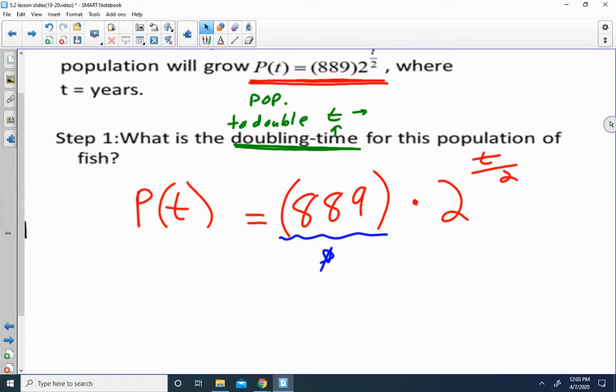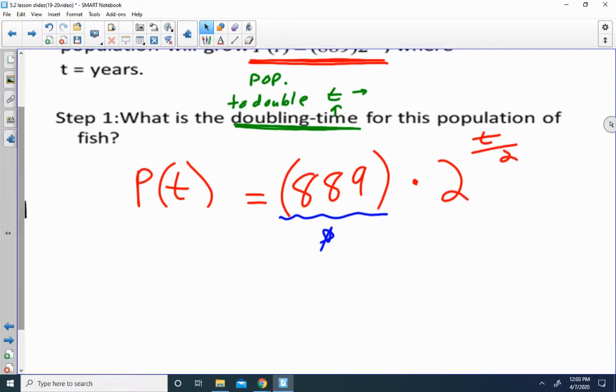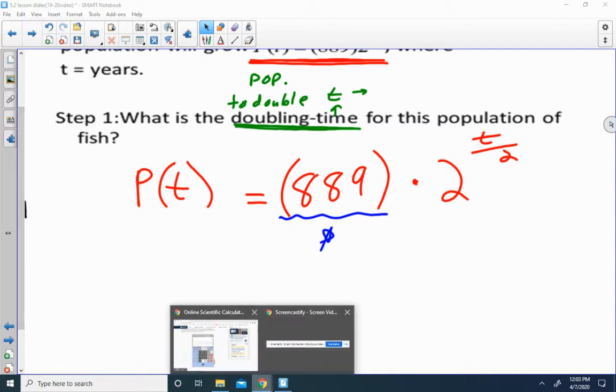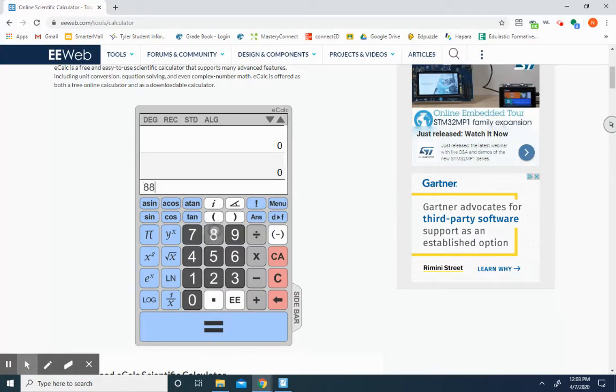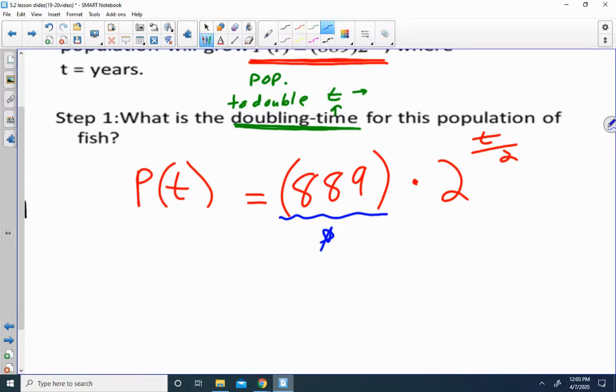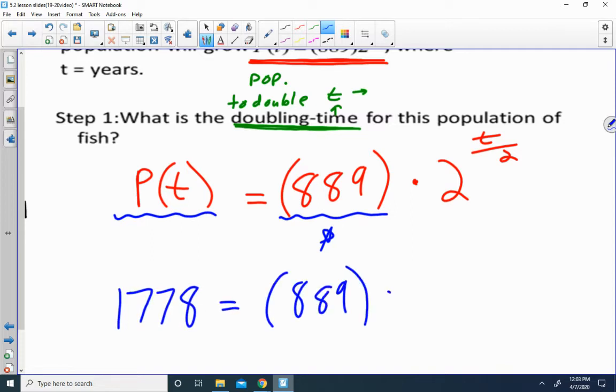Well, let's first figure out what is double that population. Let's check out the calculator. So we have 889 fish. If we wanted to double that population, we'd multiply it by 2. And if we multiply it, we get 1778. So in other words, we want our new population to be 1778. And if we plug that into our equation,